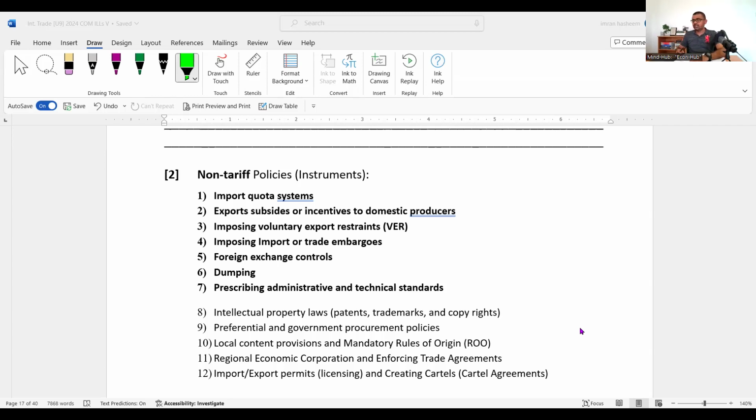Then preferential and government procurement policies. Procurement policies is especially if the government purchases something, if they're importing some new machinery, something like that, government can have very strict procurement policies, right? By having these very strict procurement policies also, government can discourage the import. Then local content provisions and mandatory rules of origin,